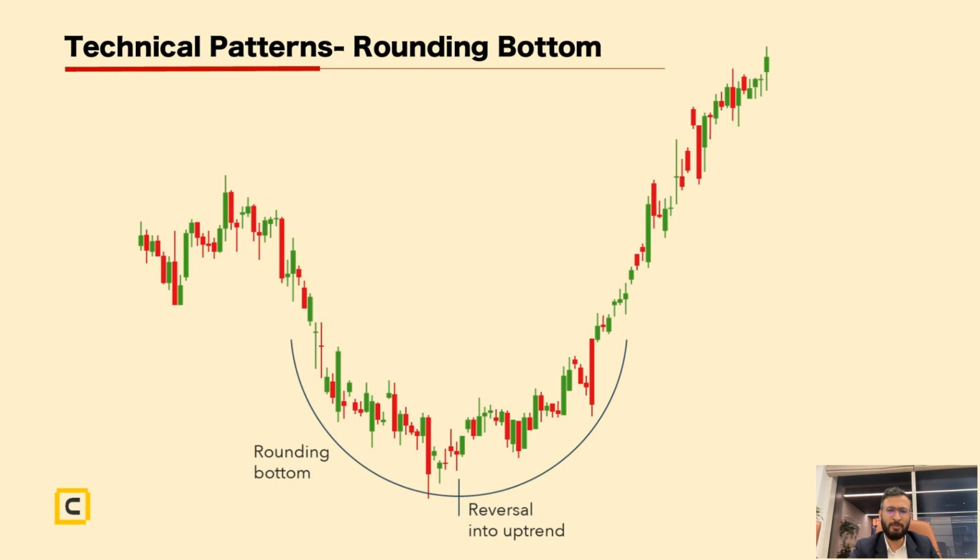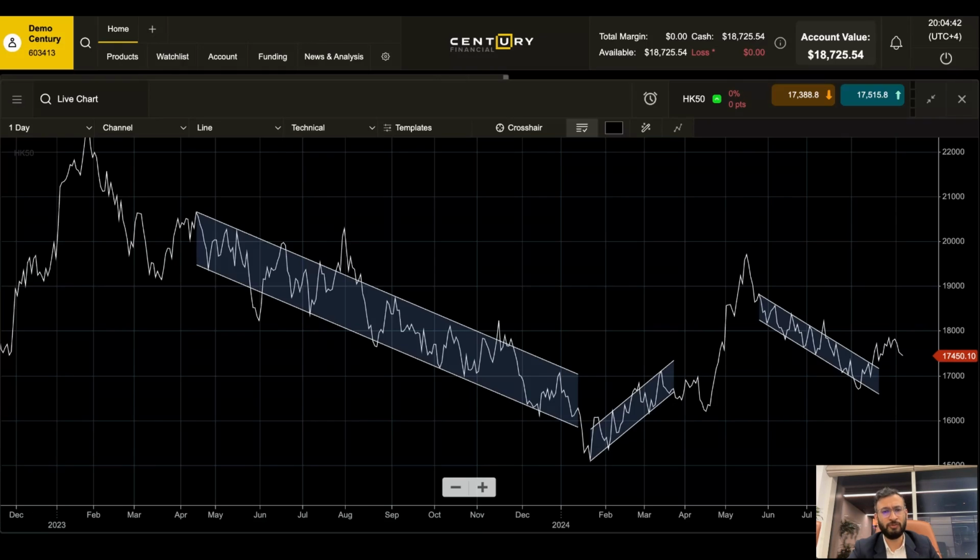So this is one of the patterns. Then there is a rounding bottom. Look at the pattern, you see the rounding bottom creating a reversal into the uptrend. You can see this on a long-term chart of gold if you ever try. Let me quickly show you if I can plot it here. Let me open